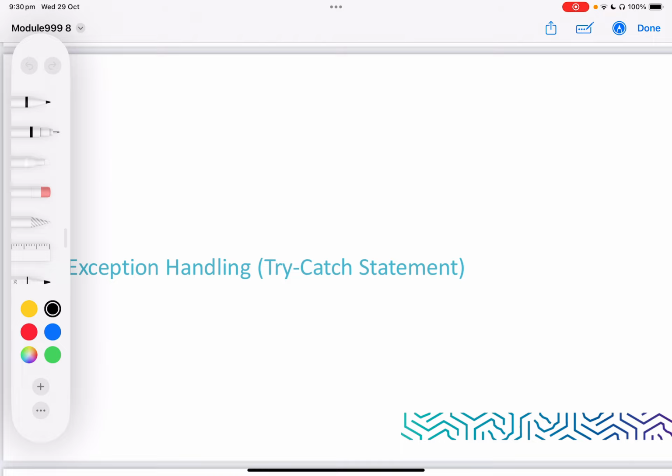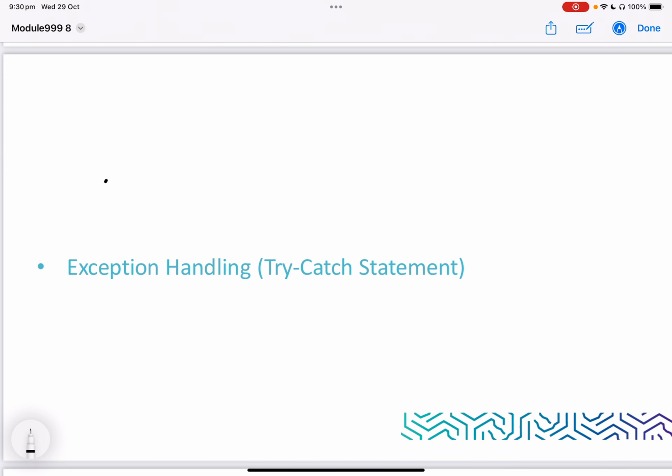So we want to go over exception handling again. Throughout the lecture, I have talked about exception handling. And I said that sometimes when we write code in Java, you might write like